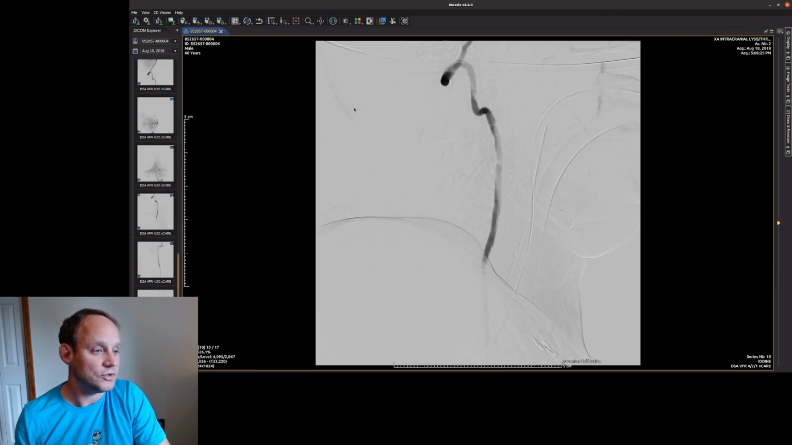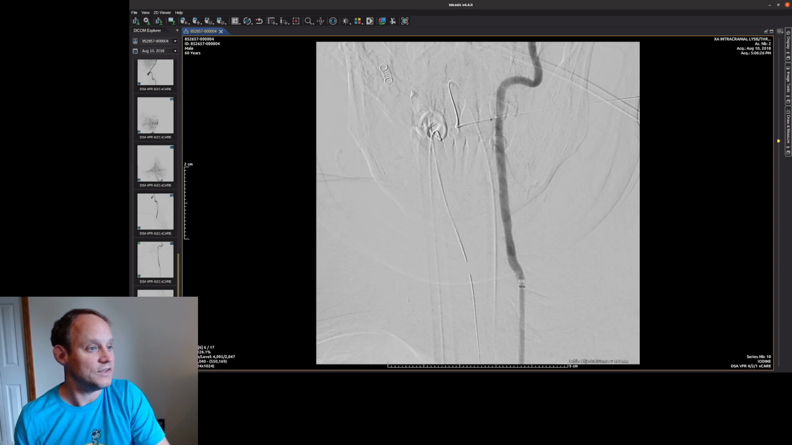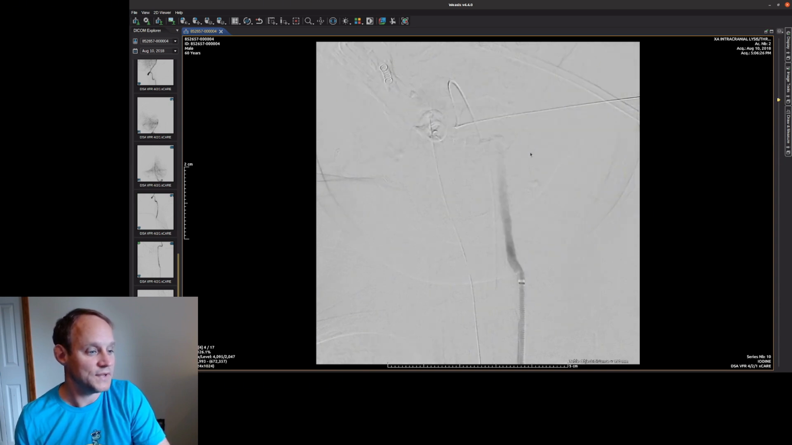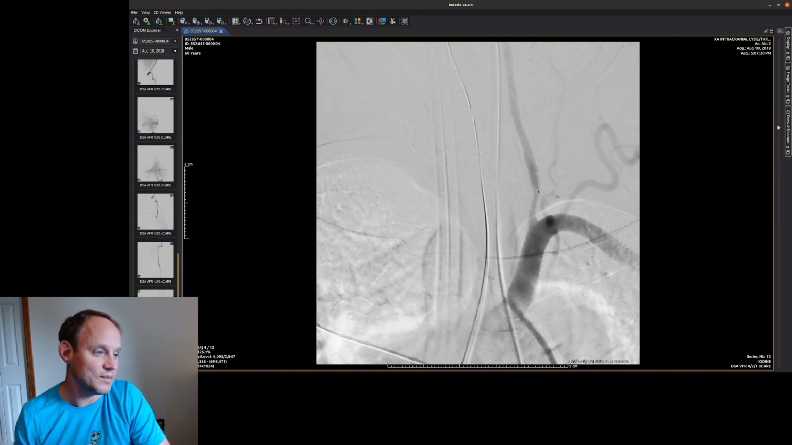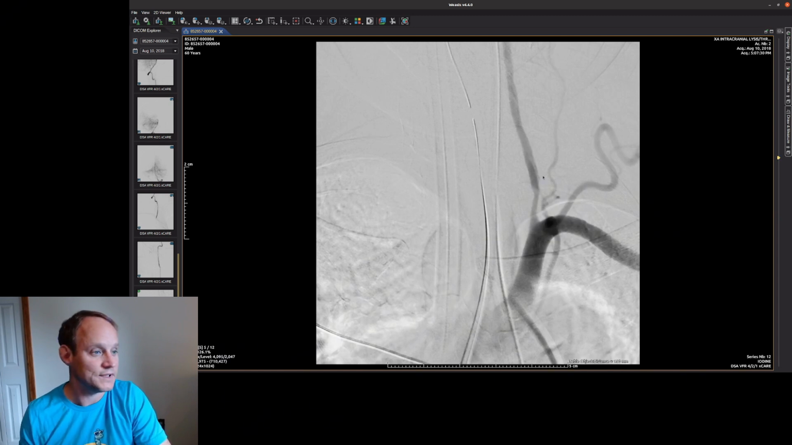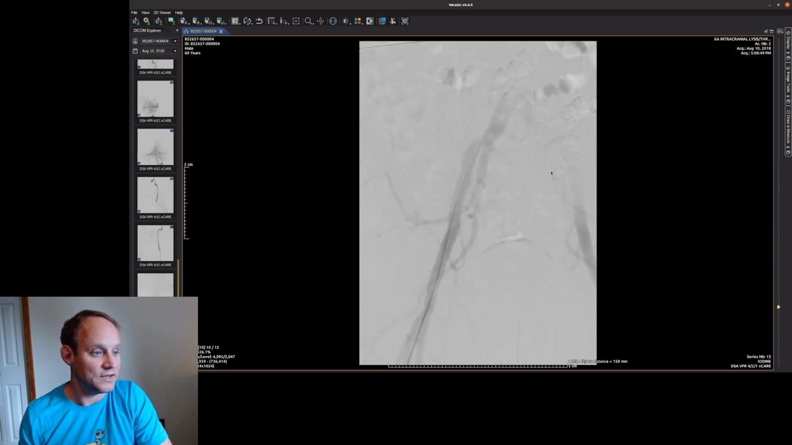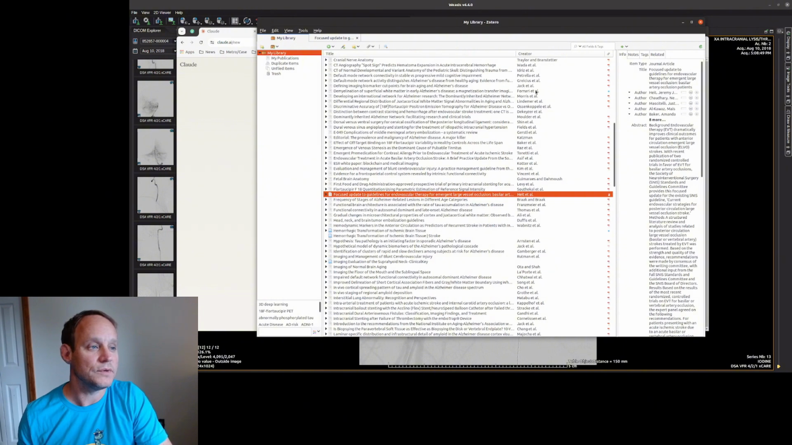So just to show for completeness sake, here's injection of left vertebral artery showing that it's patent here. Here's the left subclavian artery after the procedure. You can see that there's some narrowing of the proximal left vertebral artery, so maybe it's a dissection, maybe it was a plaque that ruptured and clotted off. Either way, it's gone now, which is great. So to review